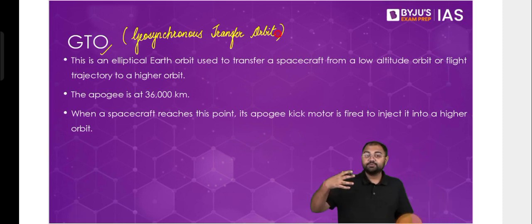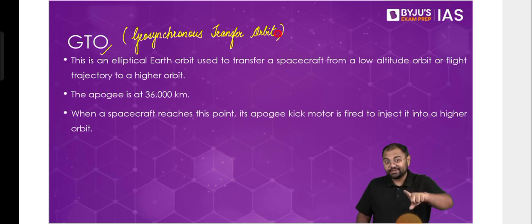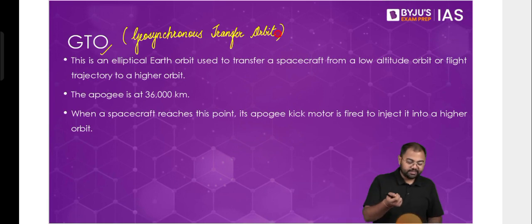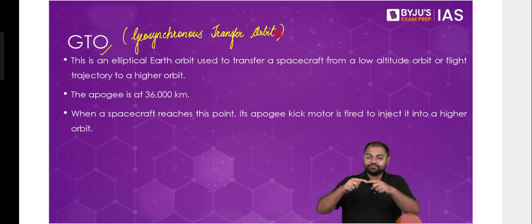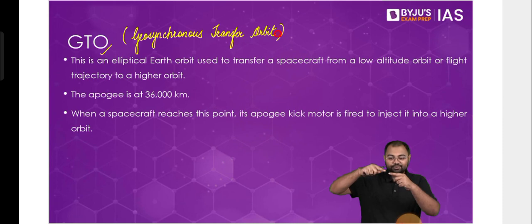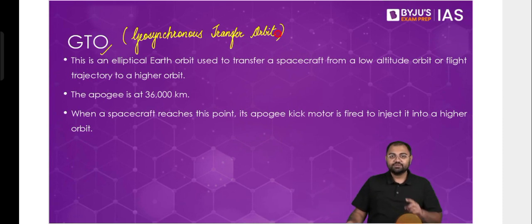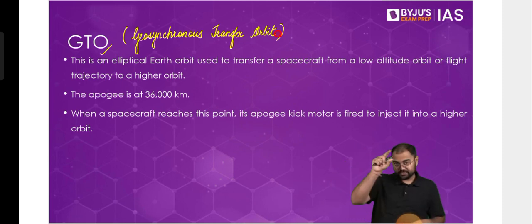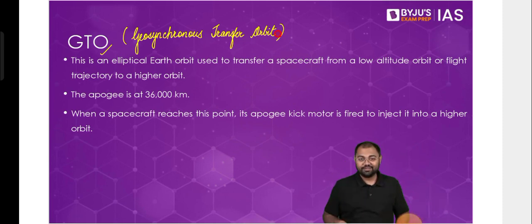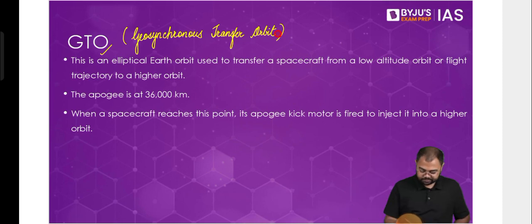So now the problem is that we have to keep the communication satellites at 35,786 kilometers. If the launch vehicle cannot go beyond that, what do we do? This is where we use the phenomenon presented by the geosynchronous transfer orbit, an orbit that transfers the satellite from the low Earth orbit to the high Earth orbit, from a 2,000 kilometer orbit to a 35,786 kilometer orbit, or for simplicity 36,000 kilometers. So from 2,000 kilometers to 36,000 kilometers, the satellite is taken without the launcher going any further, because the launcher cannot go. That's why, if you think about why GTO is required,